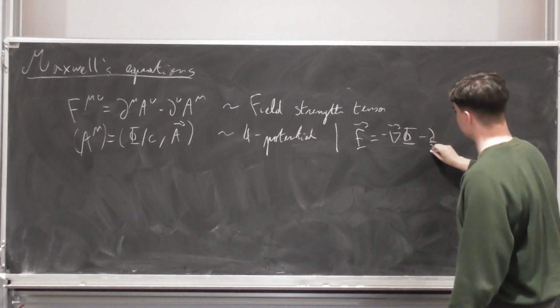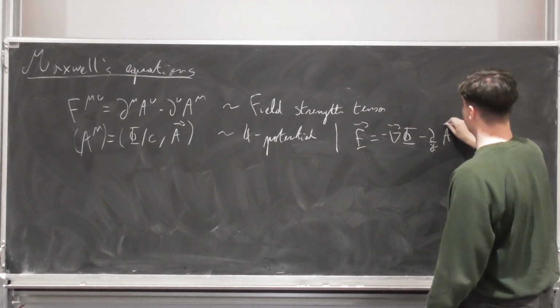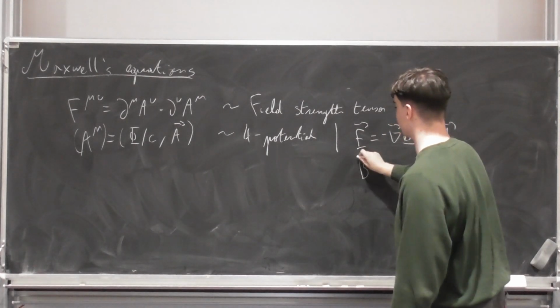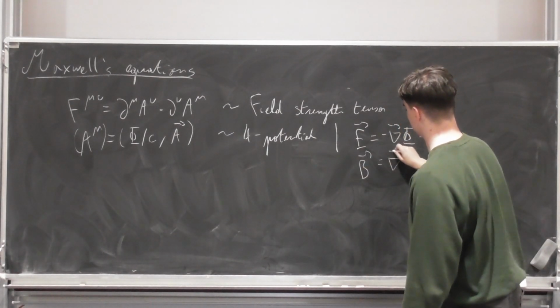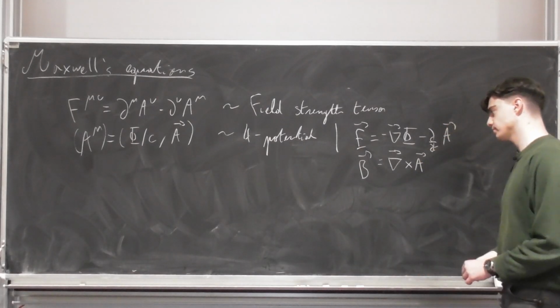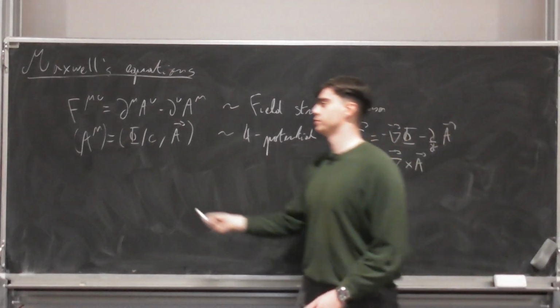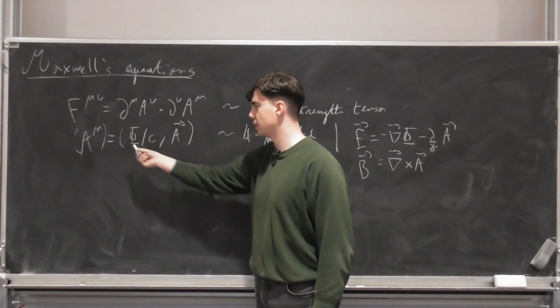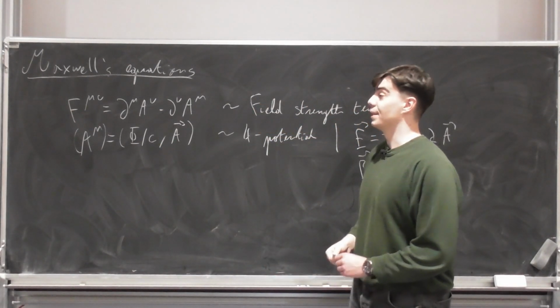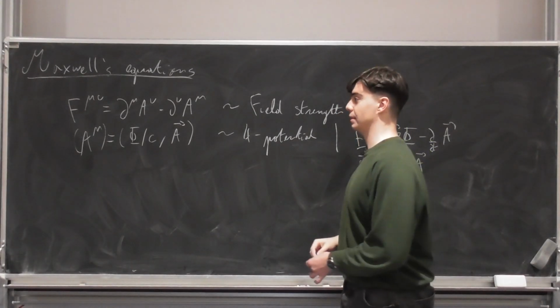Which also has this d/dt of the vector potential. And the vector potential is defined such that the magnetic field is equal to the curl of the vector potential. So we have the four-potential, which is defined in terms of the scalar potential and the vector potential. And Maxwell's equations, when you write it like this, take the form